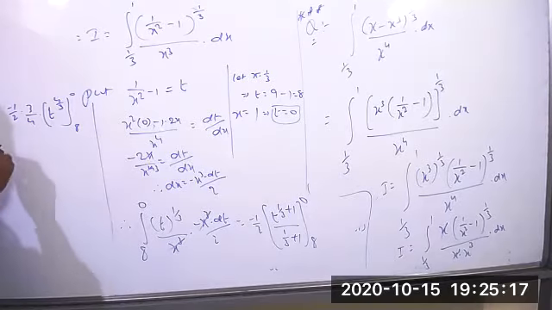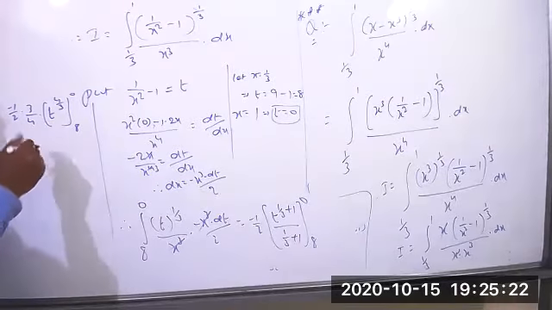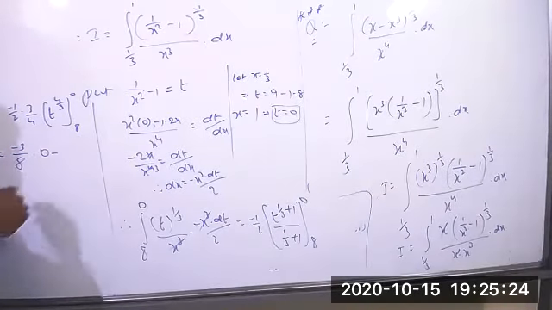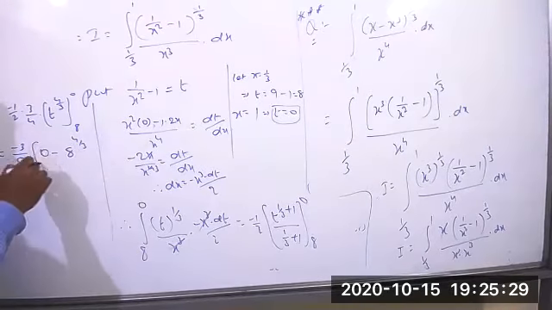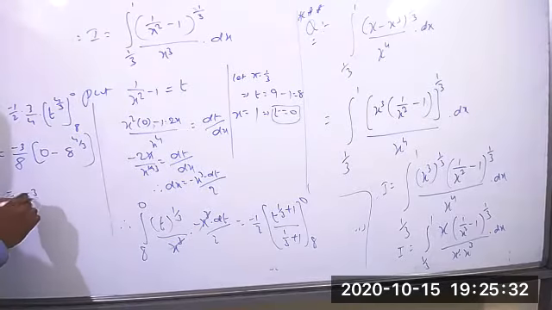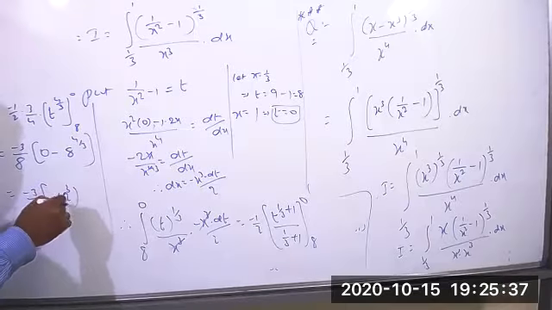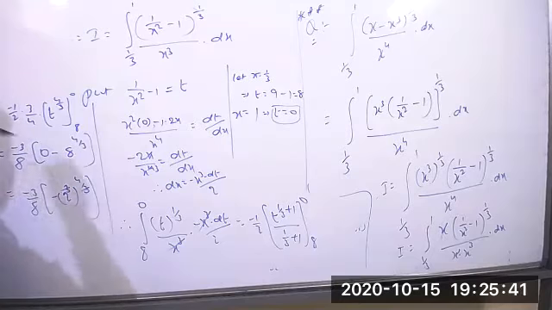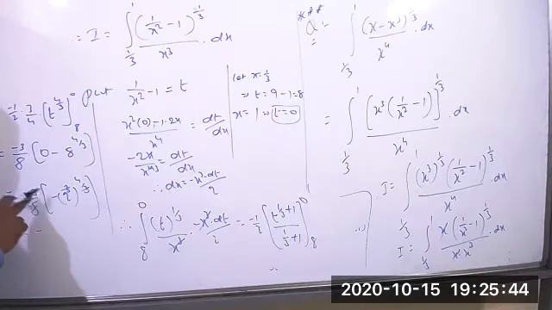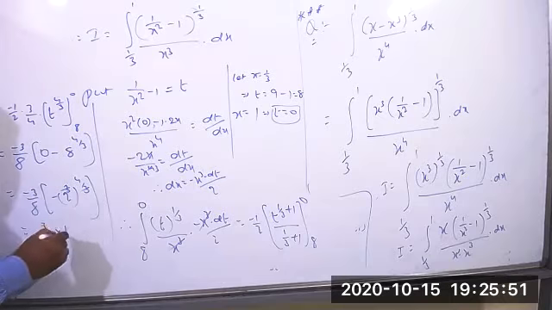So minus 3 by 8 into, this one I can write now 0 minus of 8 power 4 by 3. Now we can write it minus 3 by 8 into minus 8 means you can write now 2 cube, 2 cube whole power 4 by 3. 3 and 3 also cancel. And 2 power 4 equal to, you can write now, minus into minus equal to, you will get plus 3 by 8 into 2 power 4 equal to 16.